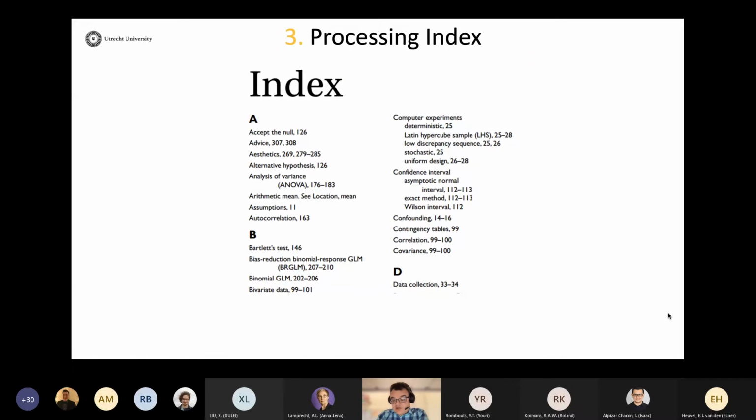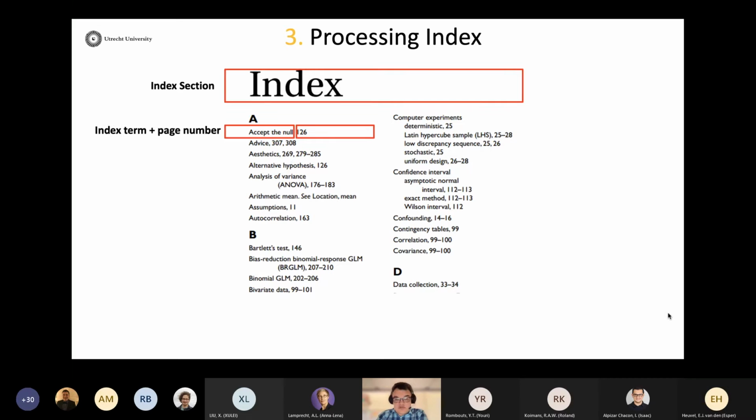Probably the most important part of the textbook for this particular talk is the index, because this is what we've been working with the most by now. So any good textbook has an index at the end, and these indexes, once again, can vary in some shapes and forms. Some indices introduce hierarchical items, some indices don't. Some indices use things like see also labels, some don't. But once again, with enough rules, you actually can capture all the variability there is. And we can pretty easily spot where the index section is, automatically, of course.